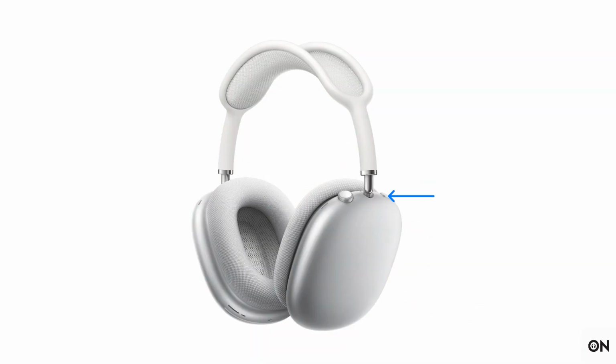Industry-leading active noise cancellation counters external sound with equal anti-noise, allowing you to immerse yourself in what you're listening to. Press the noise control button to switch to transparency mode, which lets outside sound in so you can interact naturally with your surroundings. Adaptive EQ tailors sound to the bespoke fit and seal created by the ear cushions. Inward-facing microphones measure what you're hearing, then adjust the frequencies of your music to deliver a rich, consistent experience that